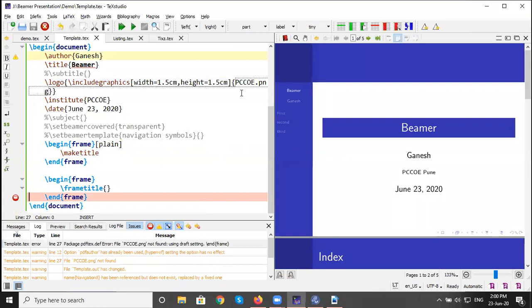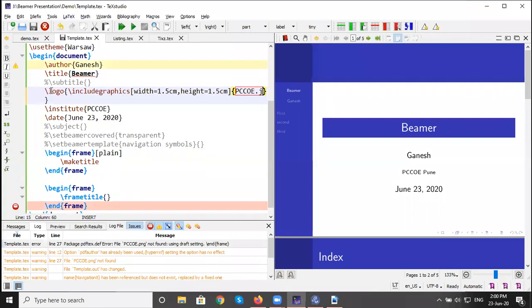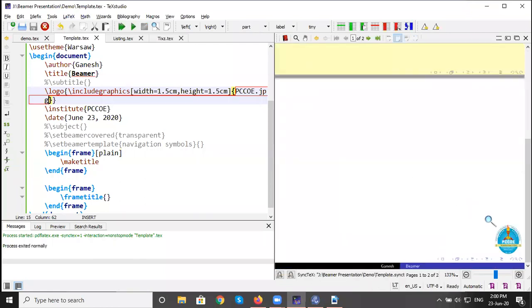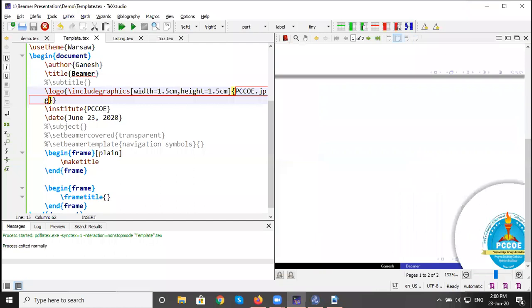Okay, so the PNG file is not found, means this extension is wrong. So we use JPG, JPG, and then run it. So automatically that logo comes here. So this is the inbuilt theme, Warsaw.